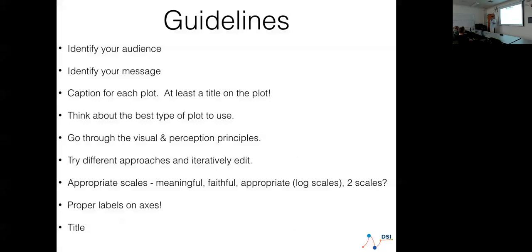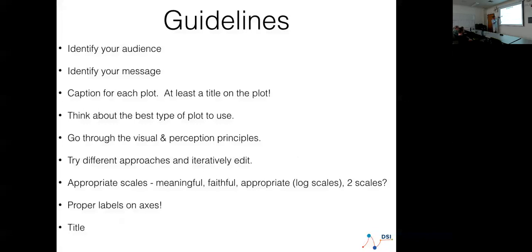Now, there are times when you don't have a caption, where you have a plot on the screen and you want to show it to someone. You'd better tell them what it is. Or you print it out and bring it to your PI and say, here, and they go, I have no idea what that is. That's why I'm arguing you should put a caption, some text underneath it, but at the very least put some title that explains why you drew the thing and what the message should be.